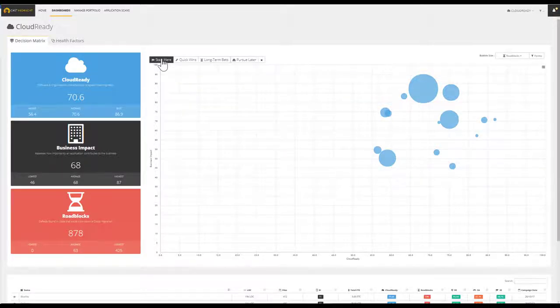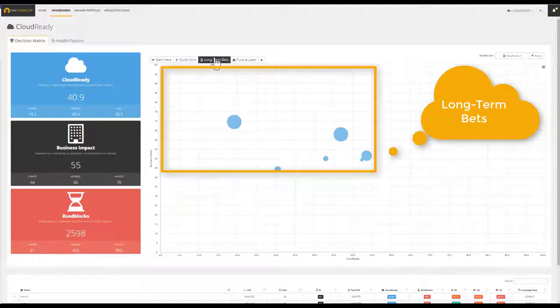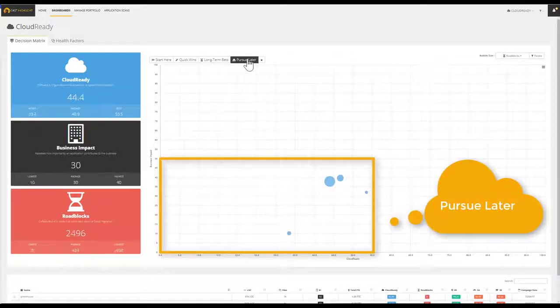operations. Because application cloud migration is not always easy or simple, it's important to identify which applications will require more effort to migrate. Long-term bets. For instance, these applications are identified as critical for the business, but will need additional modernization during the migration. And pursue later? Lastly, applications in the pursue later category may not be worth the effort to migrate when measured